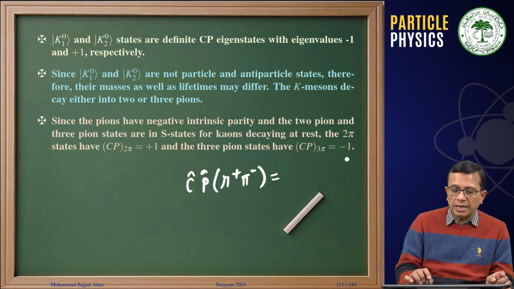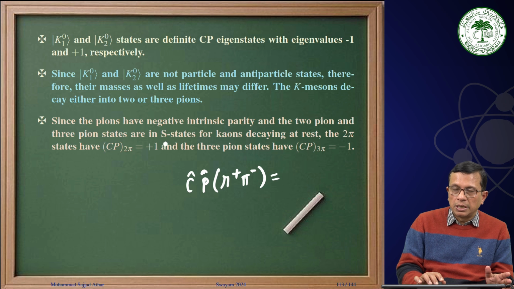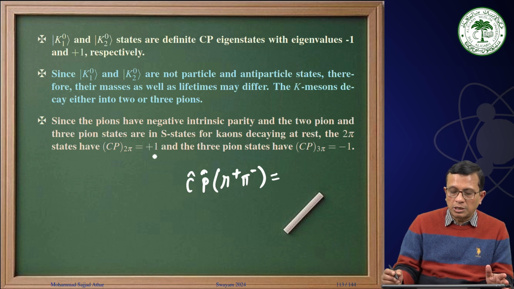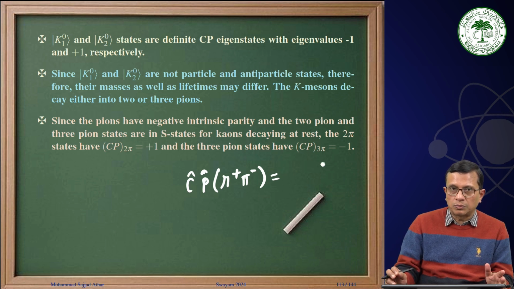Therefore, in the 2 pion case, the CP eigenvalue for the 2 pion states is plus 1, as they are states where L equal to 0. That is an important catch, that your L is equal to 0. Therefore, minus 1 to the power L will be minus 1 to the power 0, and that is plus 1 here. Similarly, here you have 3 pions, minus 1, and minus 1, and that